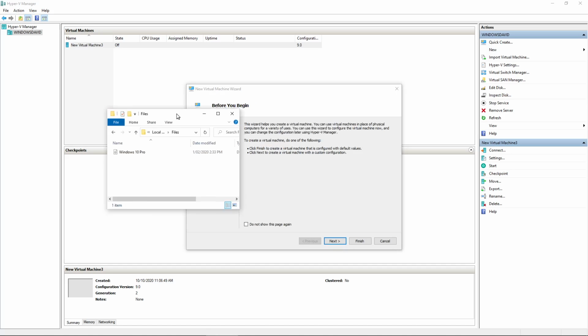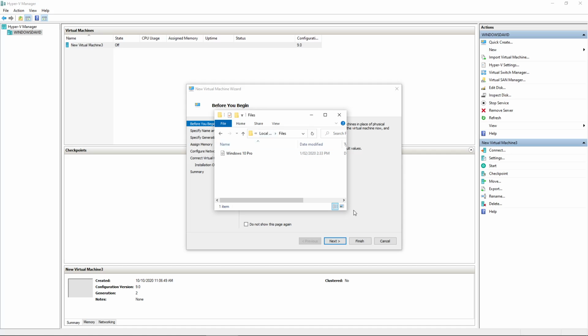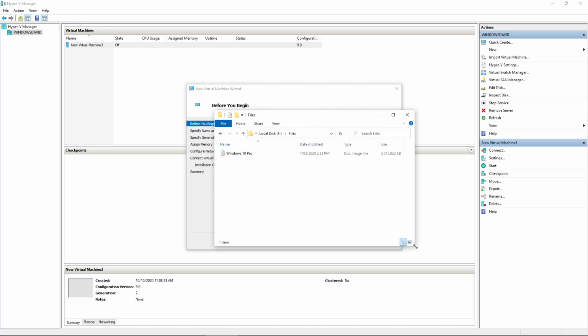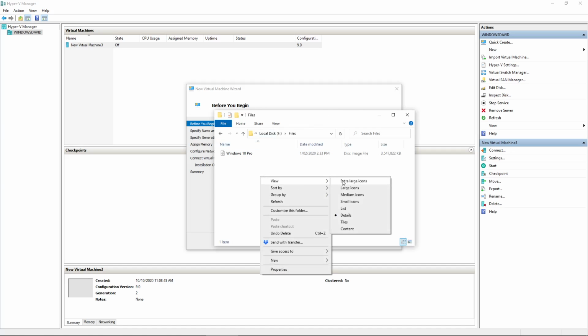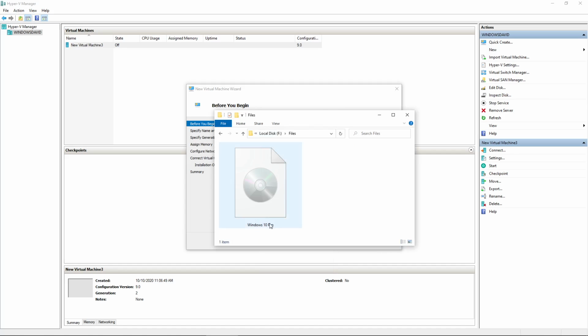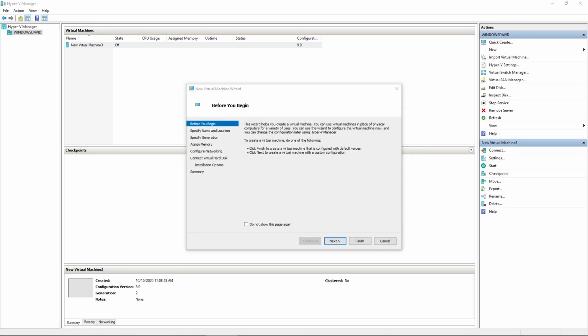Here I have got a Windows 10, so I'm just going to view extra large. So Windows 10 ISO file, which is an image file, so you need an image file. And then we're going to click on next,